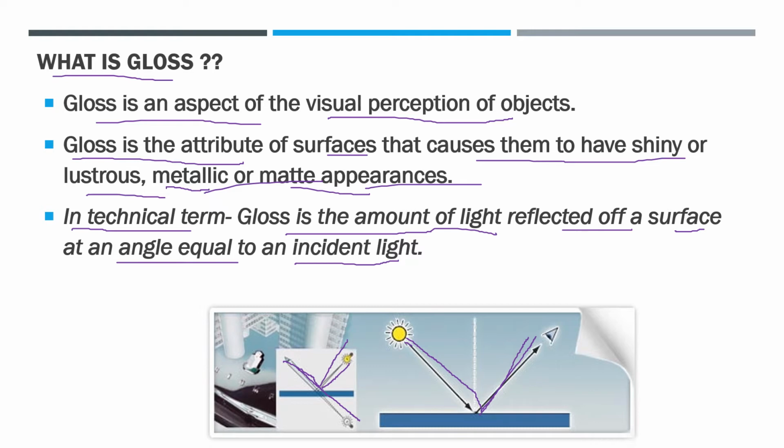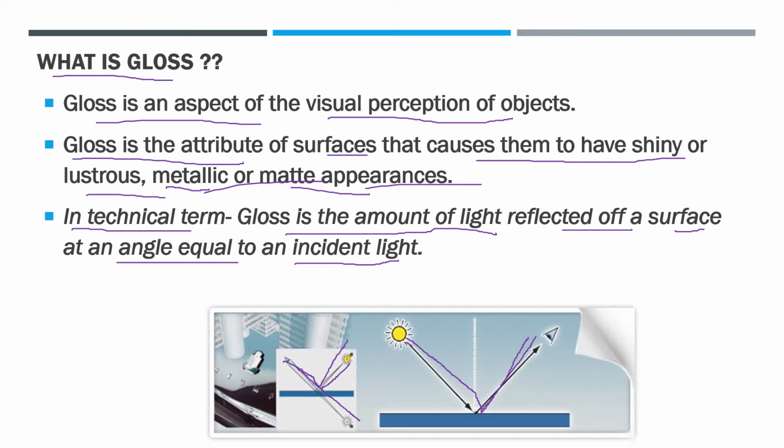Gloss is based on the interaction of light with the physical properties of the sample surface, so it depends on the sample surface as well. The other influencing component is the psychological evaluation scale, meaning how much gloss you can detect with your eyes. The human eye is still the best tool to evaluate gloss differences; with the human eye we can differentiate gloss levels, whether it's looking shiny, brighter, duller, or matte finish.